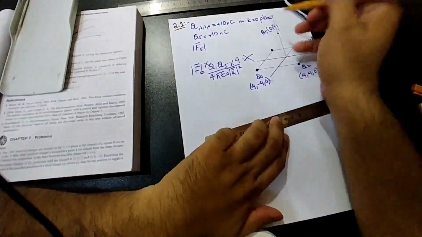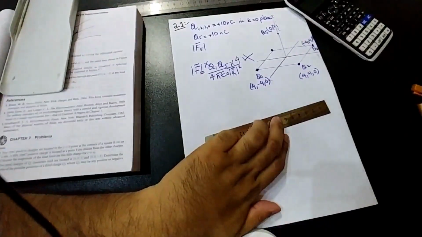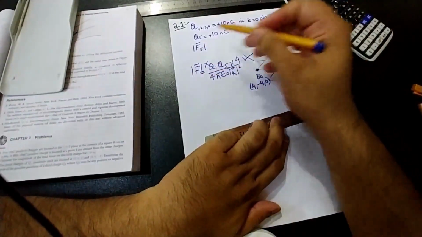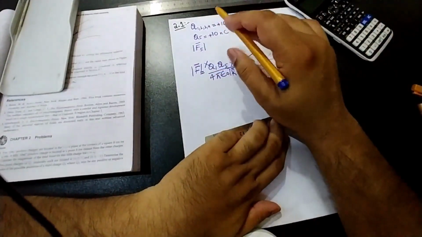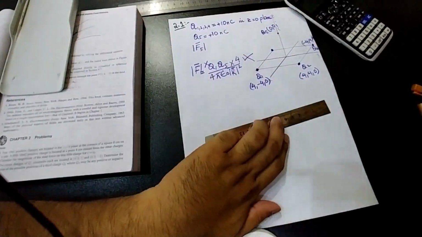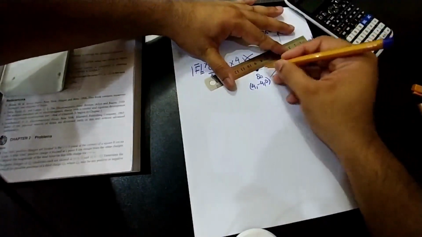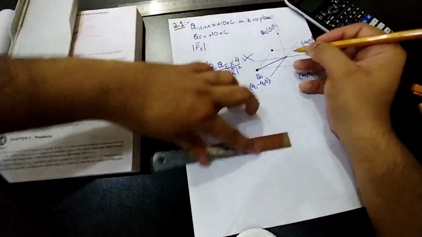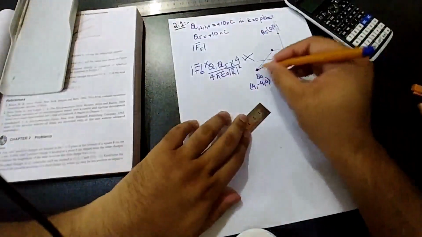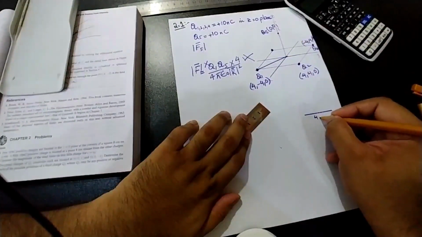So we must find the z component here. Why? Because we have to find the force on this charge first in vector form, and then we'll take the z component alone. So this distance, we all know, let me draw it in here, this distance would be 4 under root 2.